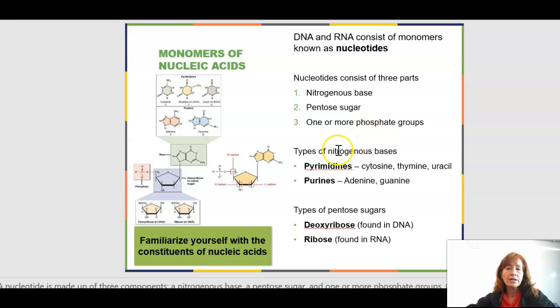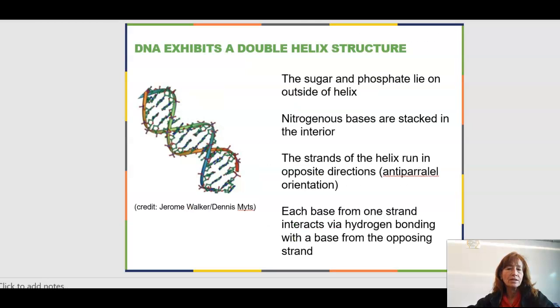So the nitrogen bases are going to be one of these: cytosine, thymine in the case of DNA, adenine, and guanine. So these four are the ones that we see in DNA. But RNA replaces thymine with uracil. And these are called pyrimidines, and these are called purines. So that's the general structures that build these nucleotides, and then the nucleotides build what we call the monomer of nucleic acids.